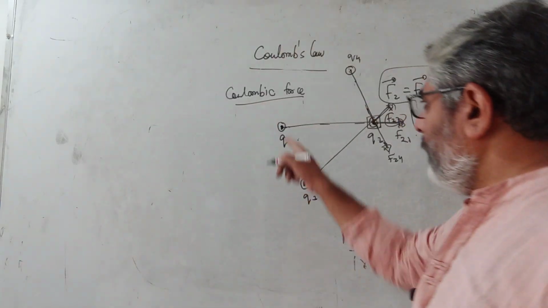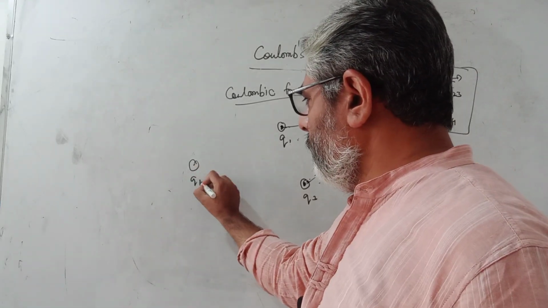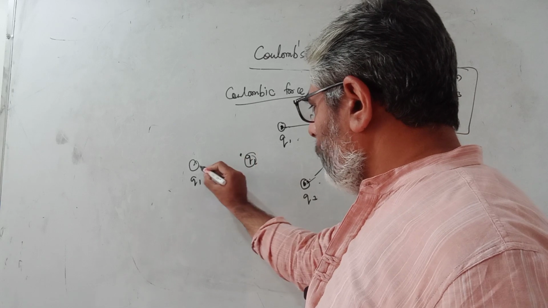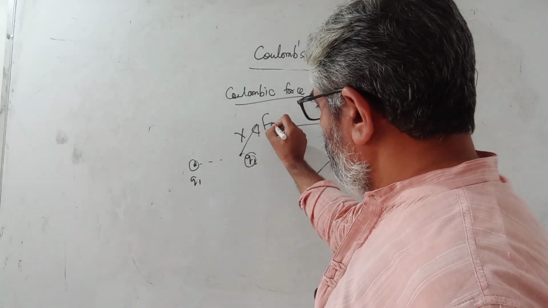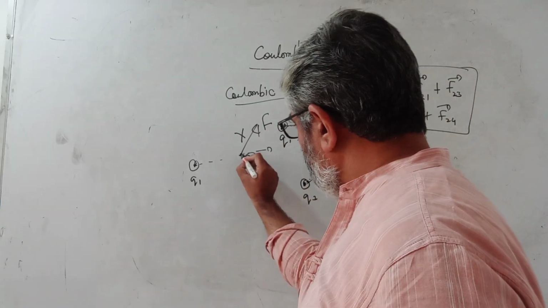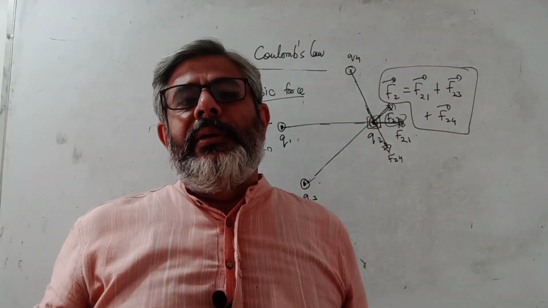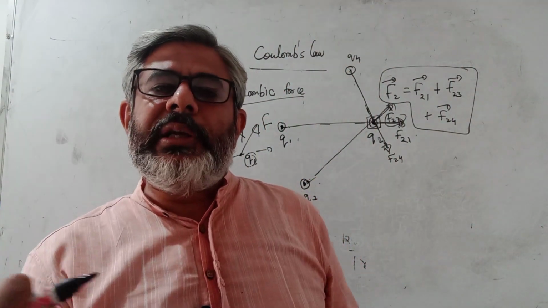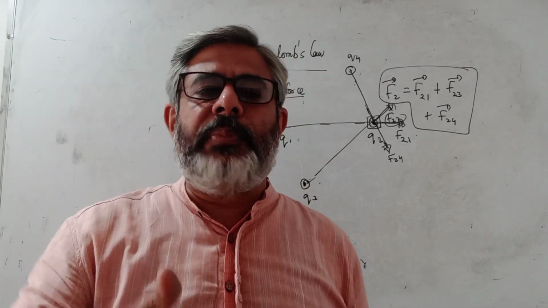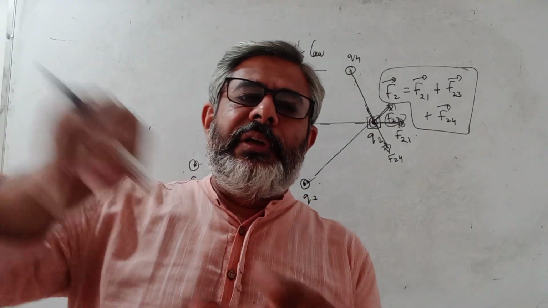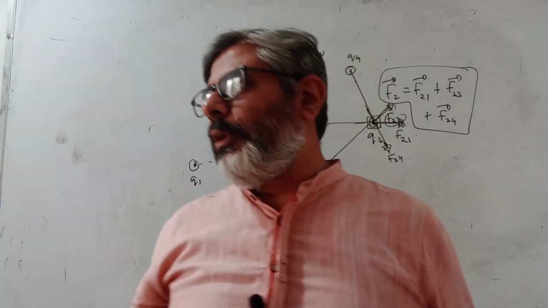And also you should remember that this force always acts along the line joining the two charges. For example, if this is Q1 and this is Q2, it is not possible that this exerts a force on this in this direction. It's impossible. It will be either along this direction or along this. So along the line joining, so that unit vector r is away from the charge on which you are calculating, and if there is a negative sign, then it becomes the opposite. So it can be plus x, minus x, plus y, minus y, depending upon where those charges are.